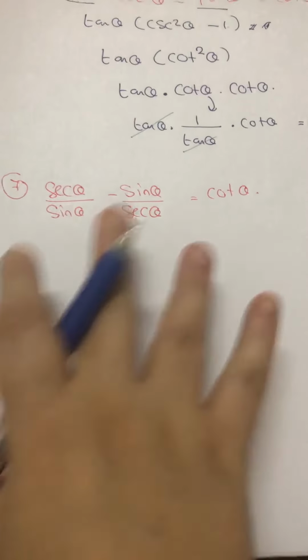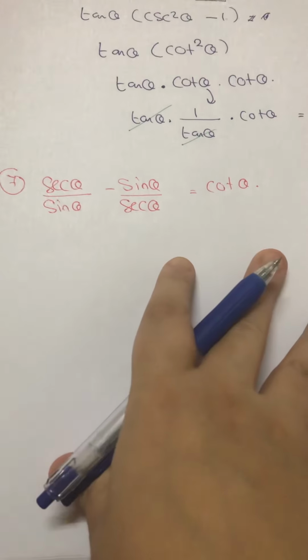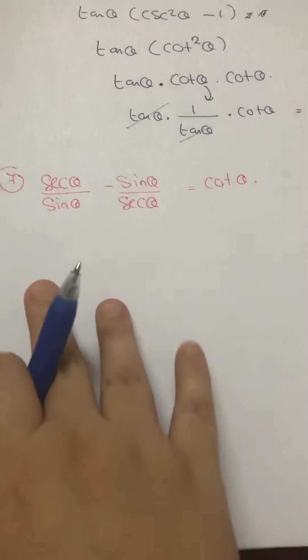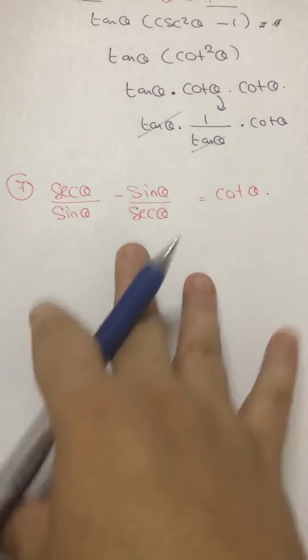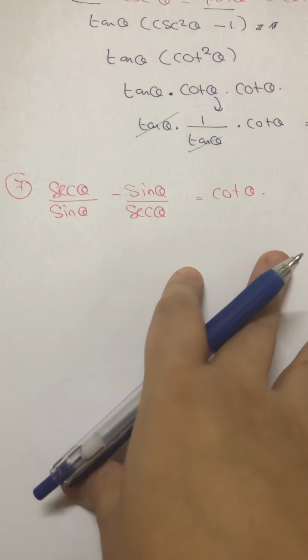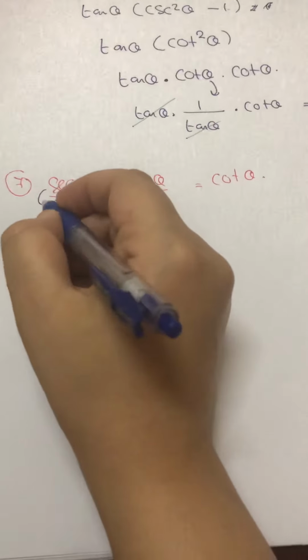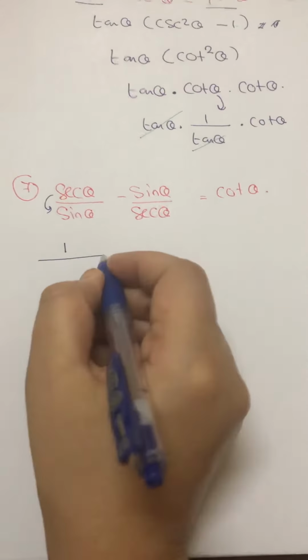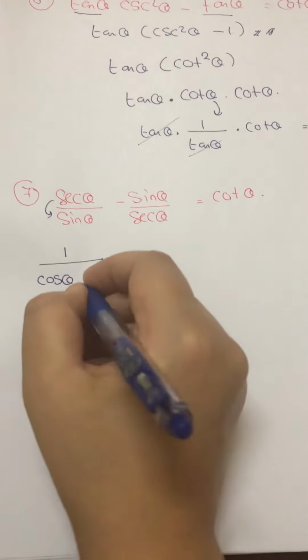There's no chance that this is wrong. They said prove the identity, verify each identity. It is an identity, and you have to prove that the left side is equal to the right side. There's no other way. Okay, if I take this sec down, then I'll have 1 over cosine theta times sine